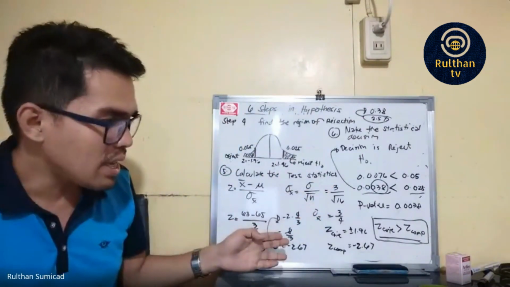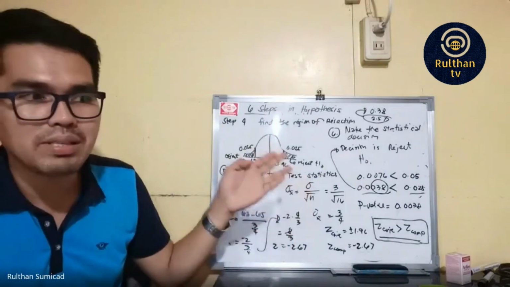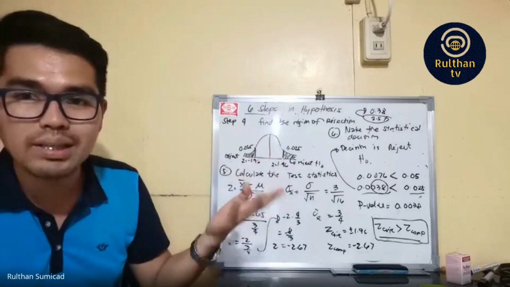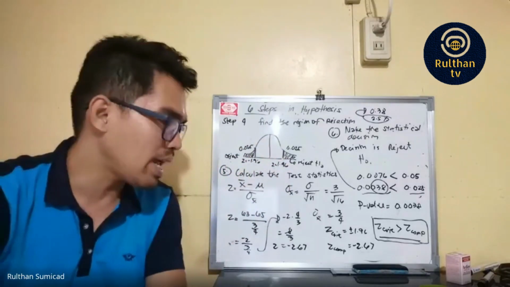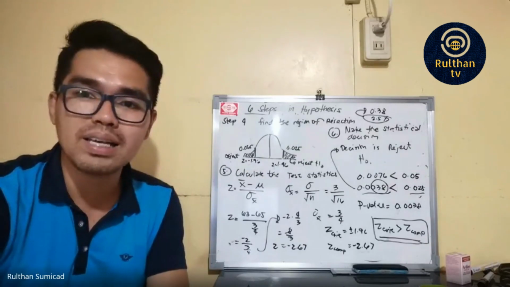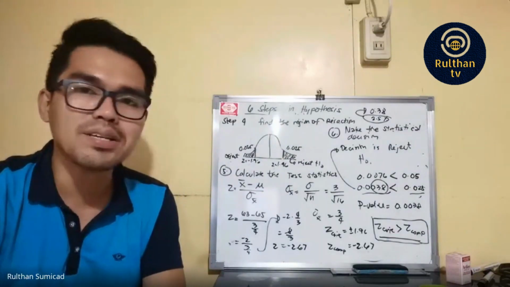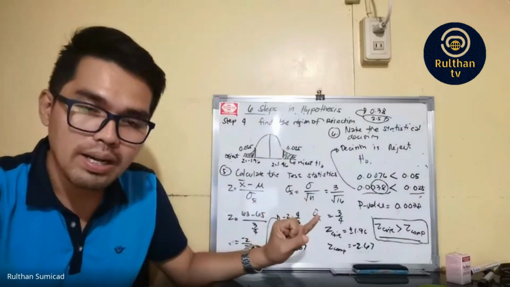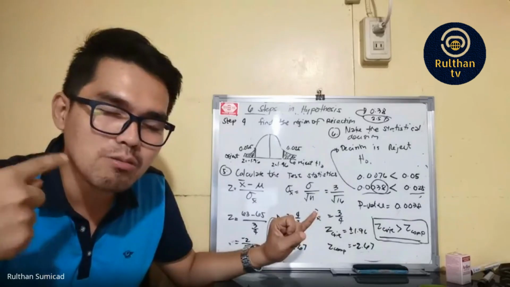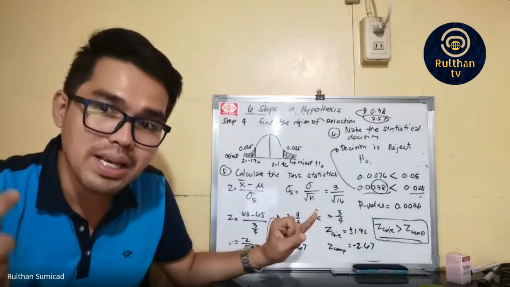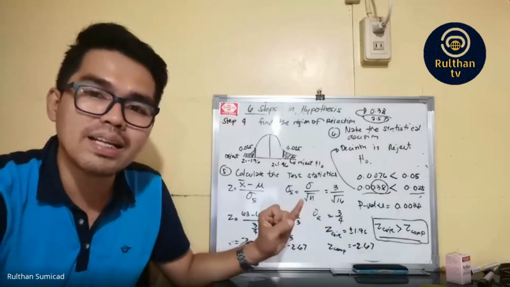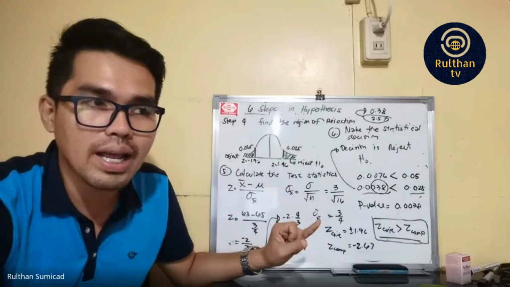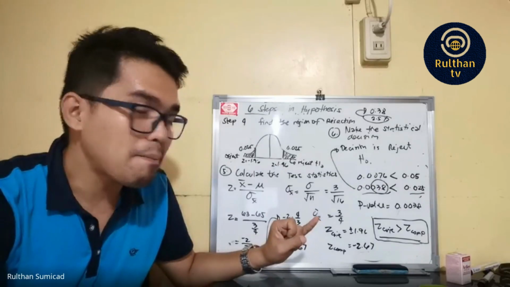From our example earlier, there were 16 samples, with the heights of the 16 samples. We computed their mean, and after that, we solved for the z-score. So all the computation happens in step 5. First, we compute the standard error. That is when the standard deviation of the population is presented or given. We compute the standard error, which is simply given to us as the quotient or the ratio between the population standard